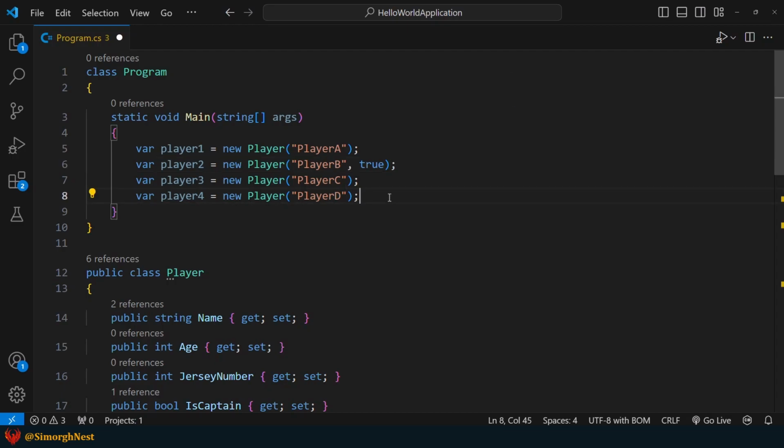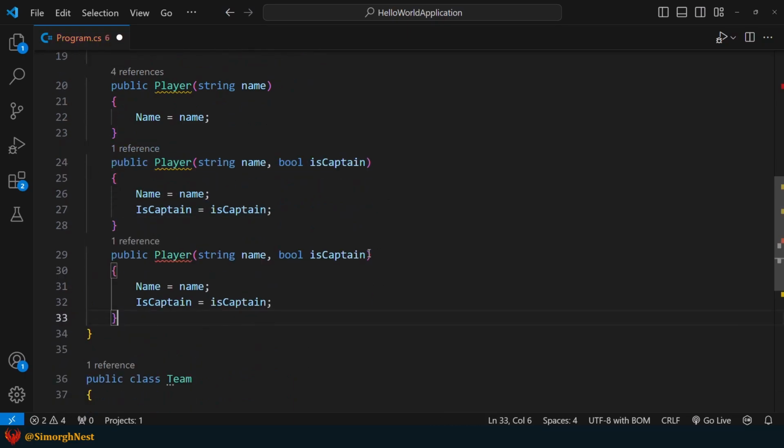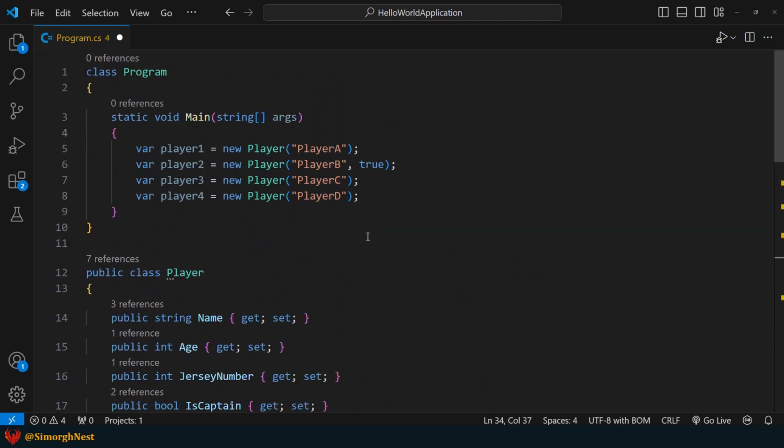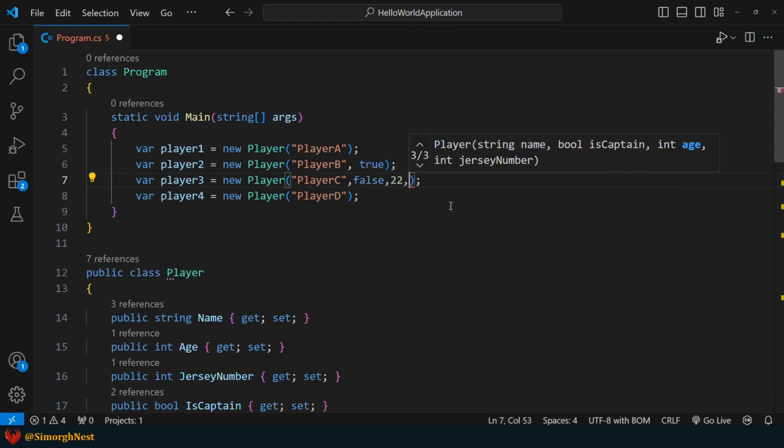Similarly, we can define another constructor to set the age and jersey number values as well. Let's pass the age and jersey number arguments to player 3. Now, when we pass 4 parameters to player 3, the third constructor will be invoked.